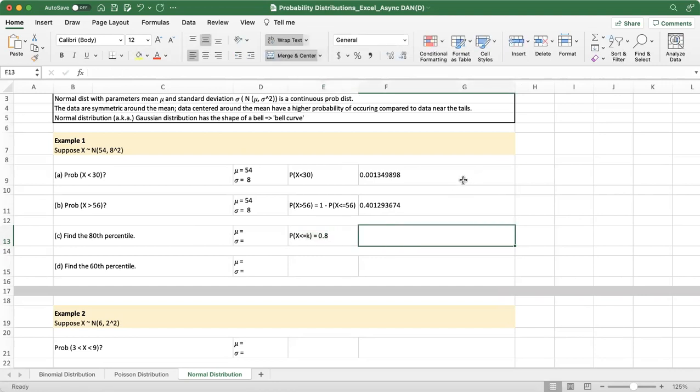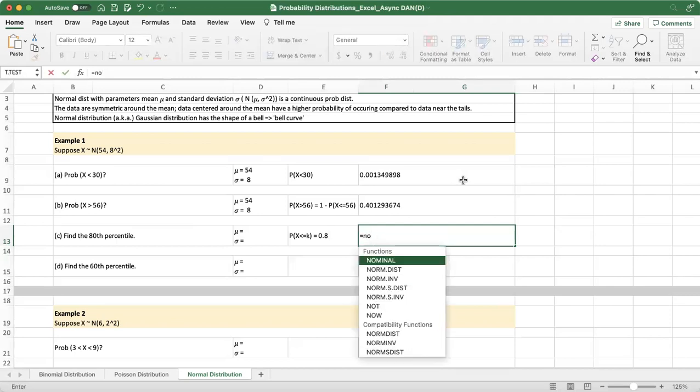So we want to use the inverse of the particular function that we've been doing so far. Given the probability, we want to find the number. Earlier, we were given numbers and asked to find probabilities. Now we have to do the reverse. So the function for that is called